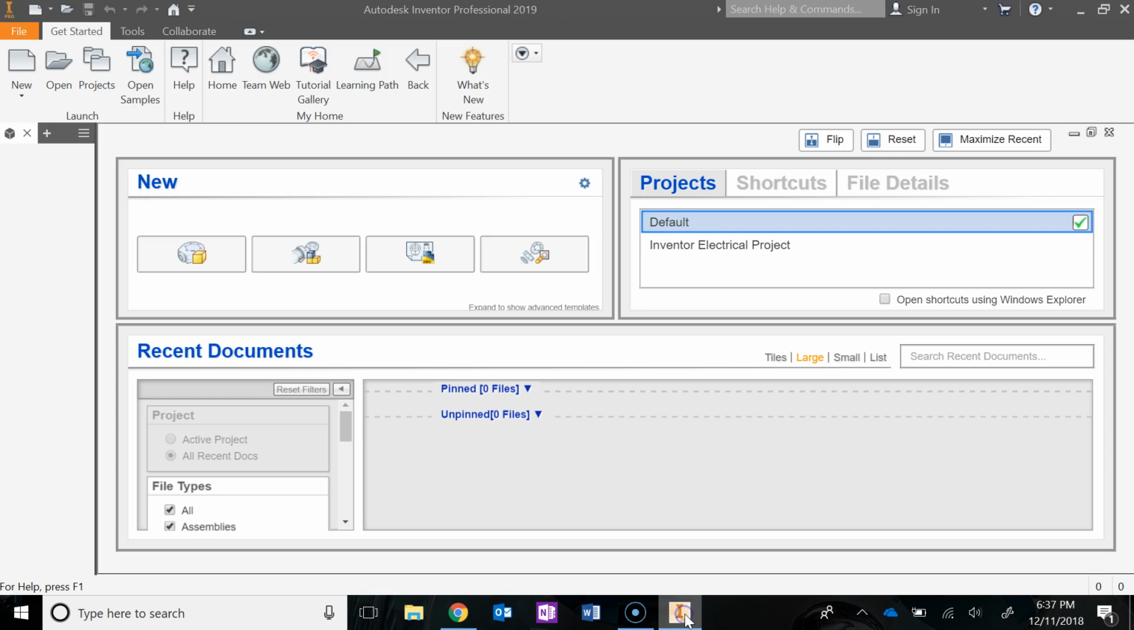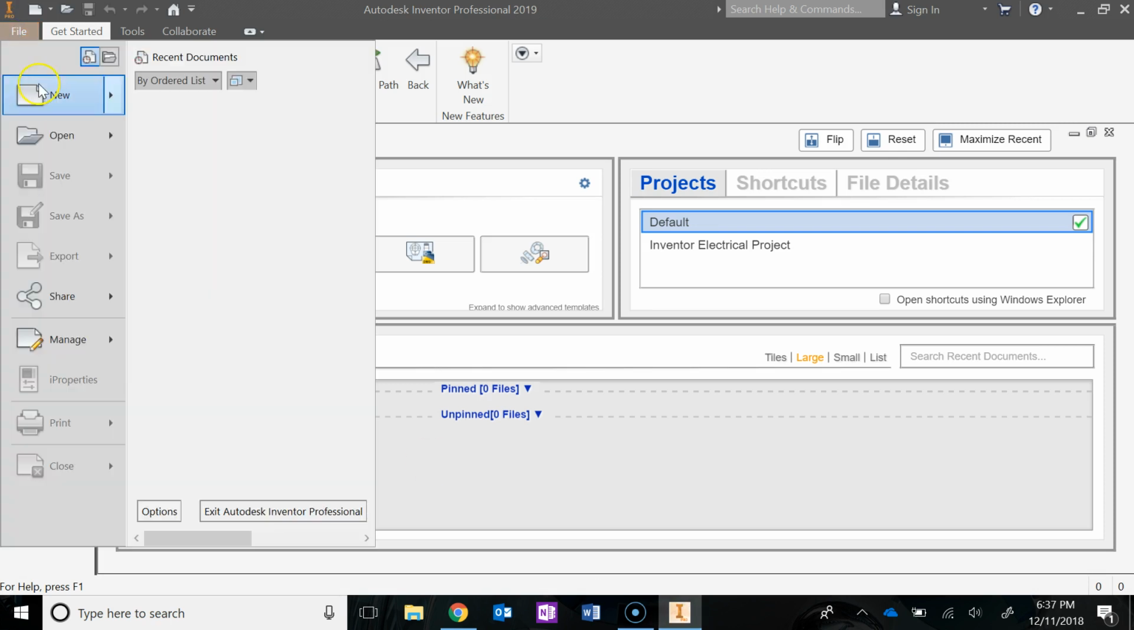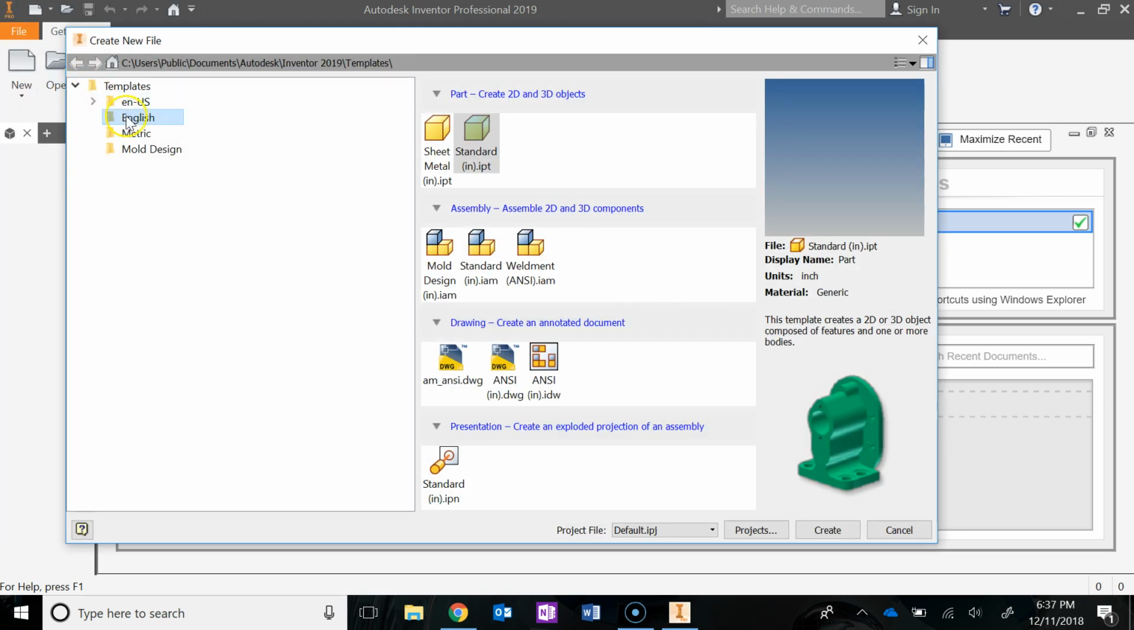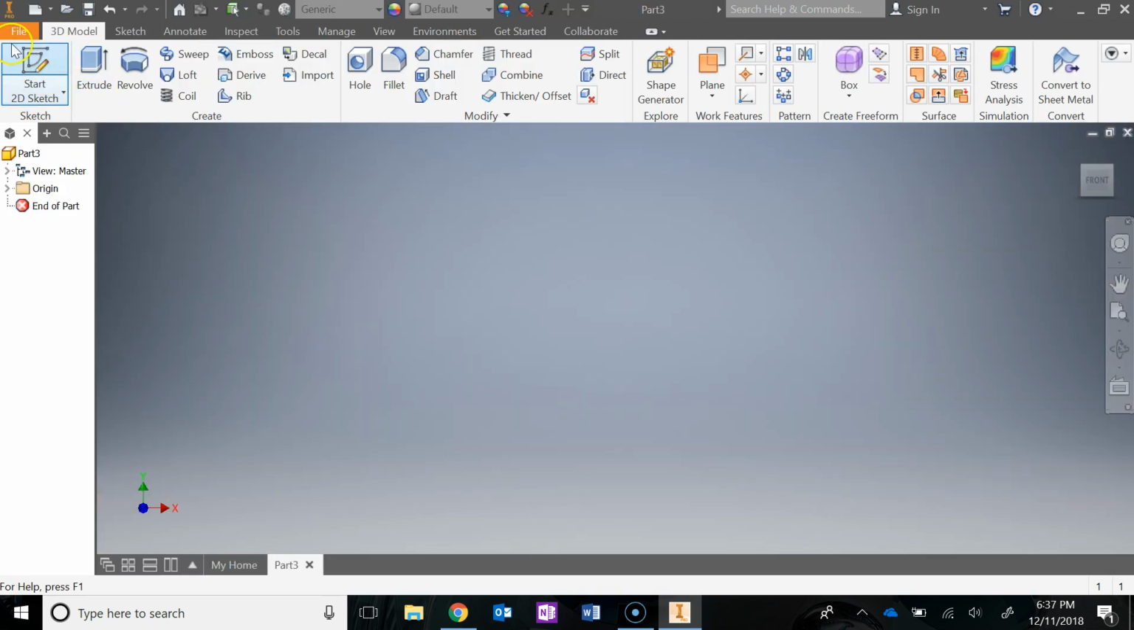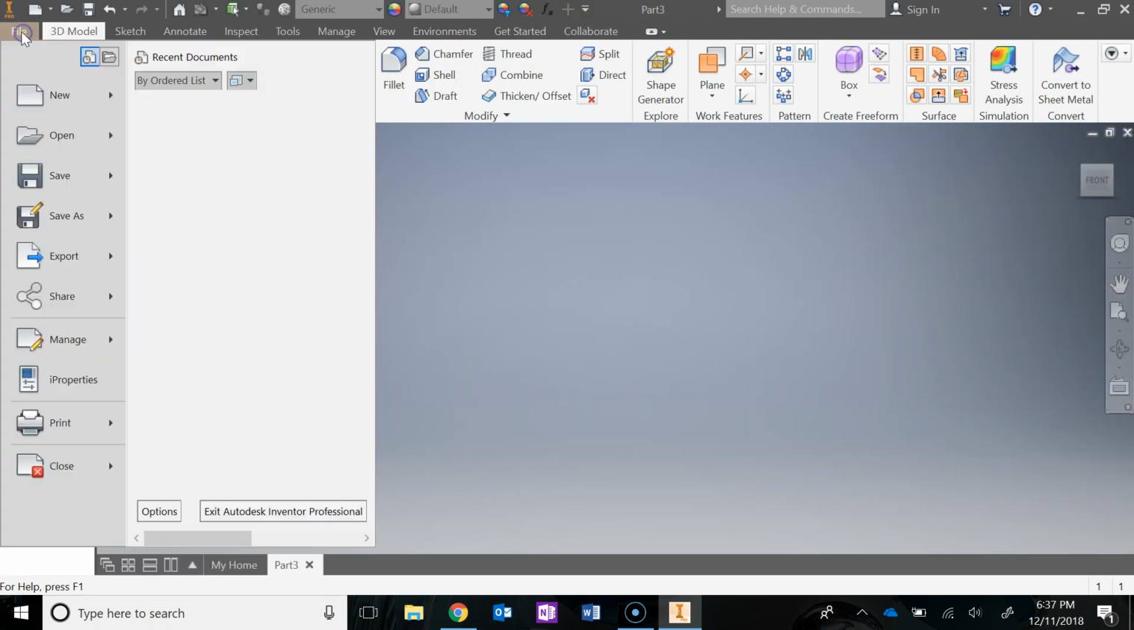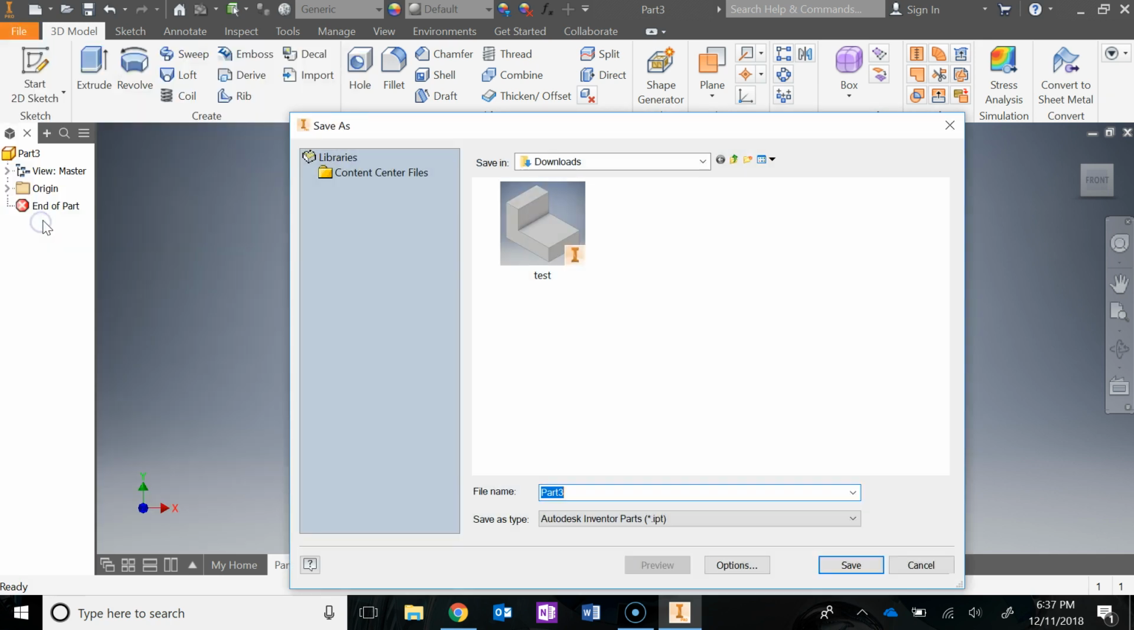So when we get started in Inventor, we're going to do a new part file. Remember, we want to be in the English template, standard inch IPT. And I'm going to hit create. And then the first thing I do whenever I start a new part file is a file save as. And we're going to call this